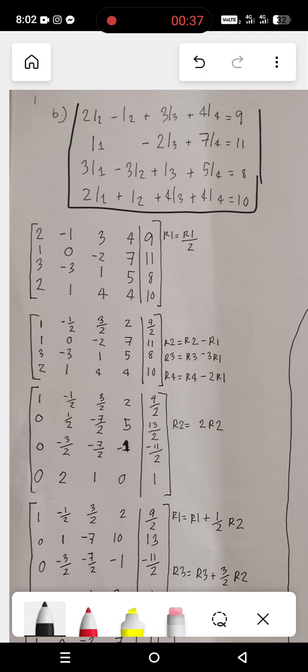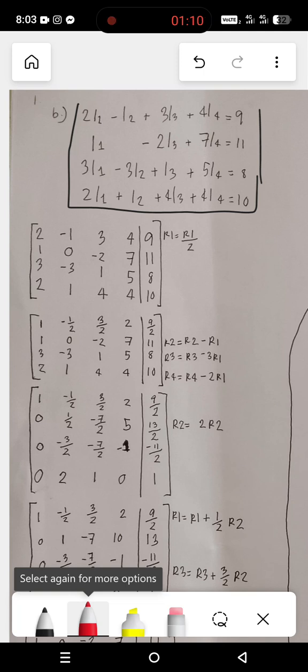to keep in mind that our goal is to reduce its matrix form into its identity matrix form, which means that the main diagonal must be equal to 1 and the rest of the values must be equal to 0. So let's start. The first step in using Gauss-Jordan elimination is to transform the following system of linear equations into a matrix.